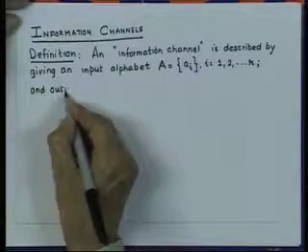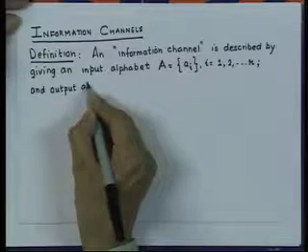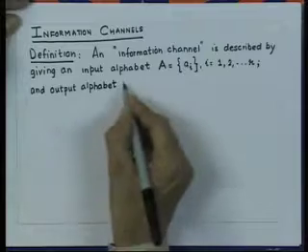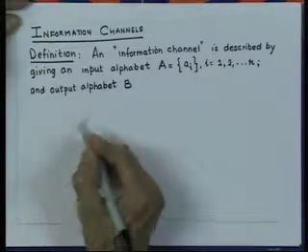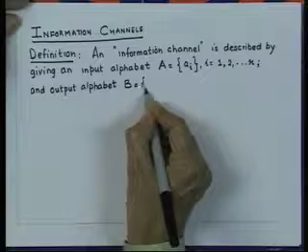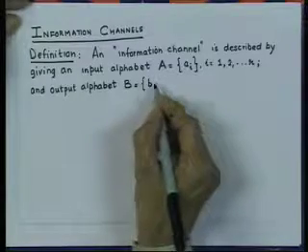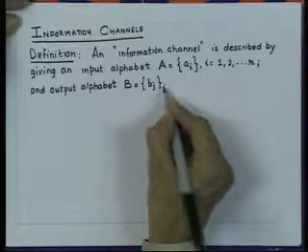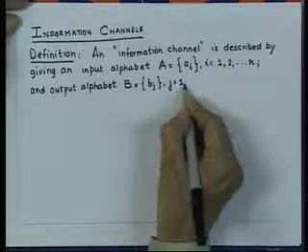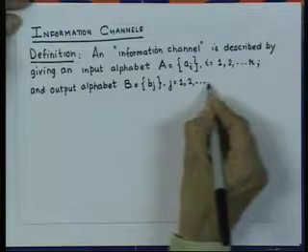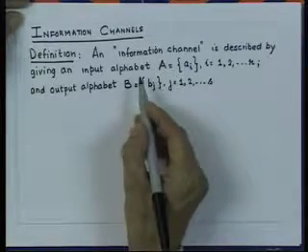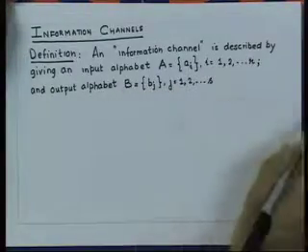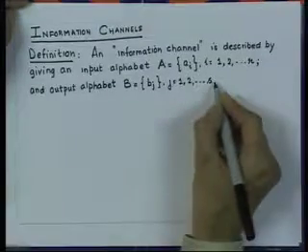output alphabet, which we denote by B, consisting of letters or symbols denoted by B_j, where j is equal to 1 to S. So, what it implies is that it is not necessary for the size of the input alphabet and output alphabet to be the same. With this